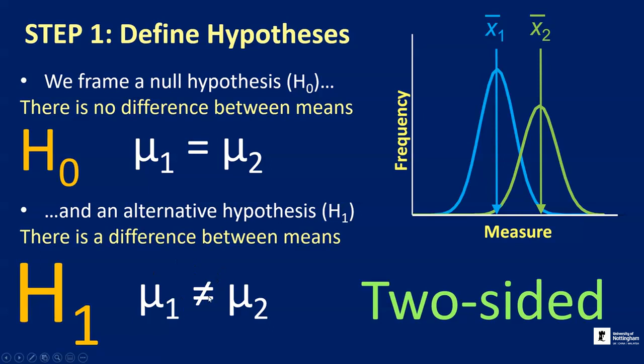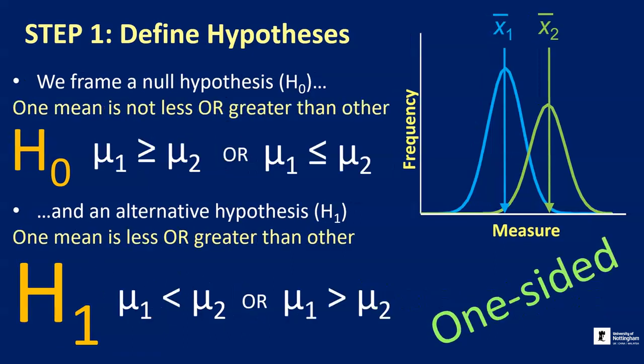So for this alternative hypothesis, there are two possibilities. Mu1 could be greater than mu2, or it could be less than mu2. In other words, the true underlying mean for, let's say, the men might be greater than the women, or it might be lower than the women. Either of those is consistent with this two-sided alternative hypothesis. That's what we mean by two-sided. Both alternatives are possible. But you can have studies in which you're really focusing in on just one kind of difference, in which case your alternative hypothesis is specific and one-sided. So it either says one of the populations has a lower mean than the other, or it says one of the populations has a higher mean than the other. These would be one-sided hypotheses,